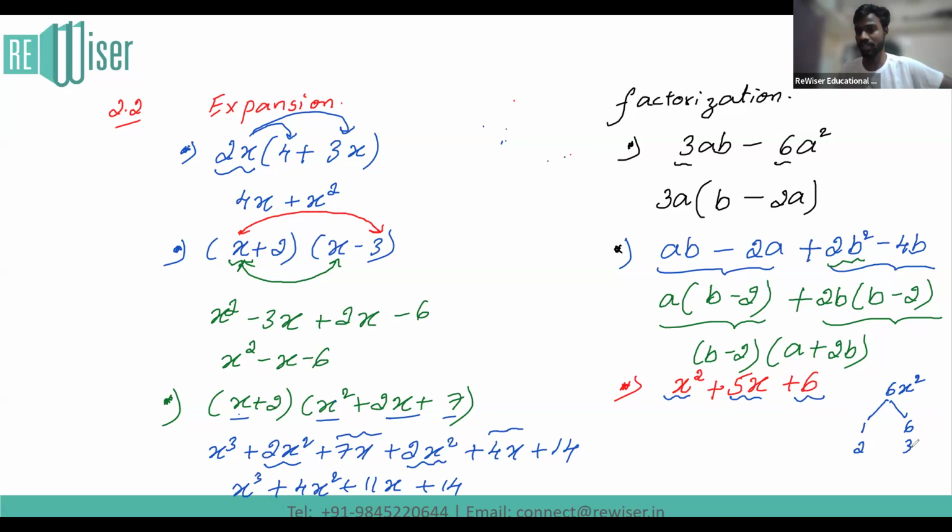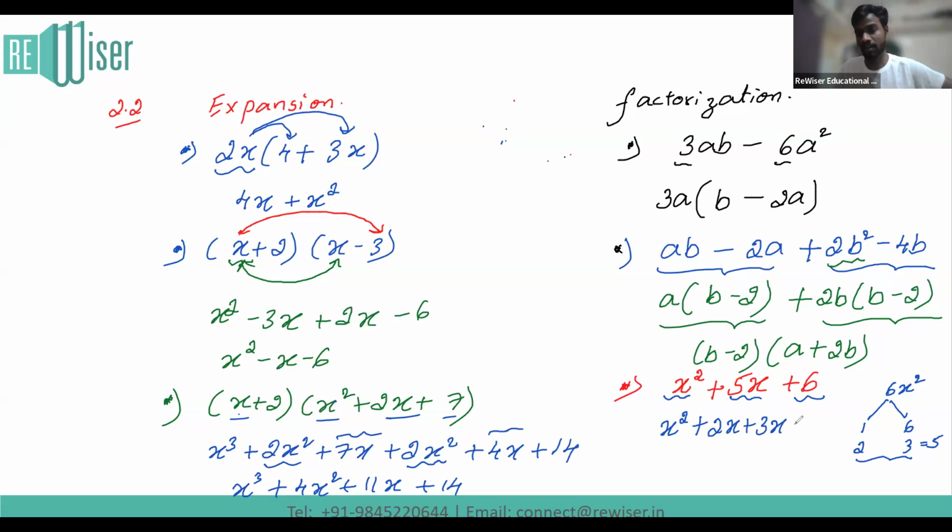Here we have this 2 and 3. So this is the number which will add up to 5. And this 1 and 6 will add up to give us 7. So that's why we are not going to use that. So in that case, I'm going to split the middle term, something like 5x can be split as 2x plus